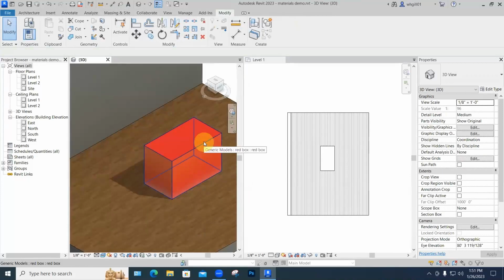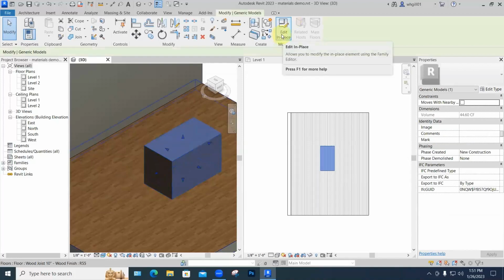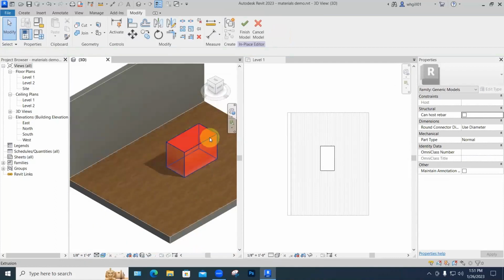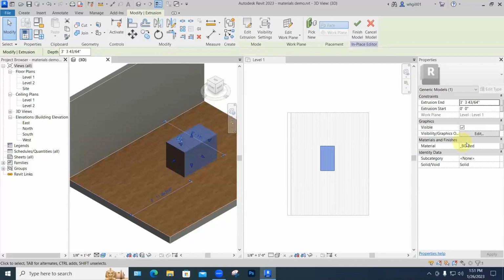Let's change this guy, or at least paint some of its faces. We'll change the whole thing, actually. I'm going to change this guy to the matte azure blue, edit in place. And the reason we have to pick it again is that included in this model in place object, we could have had 3 or 4 different objects. For instance, you can make all the legs of a table at the same time and they're treated as one thing. Here we have to say specifically this piece of geometry, I want to change the material to